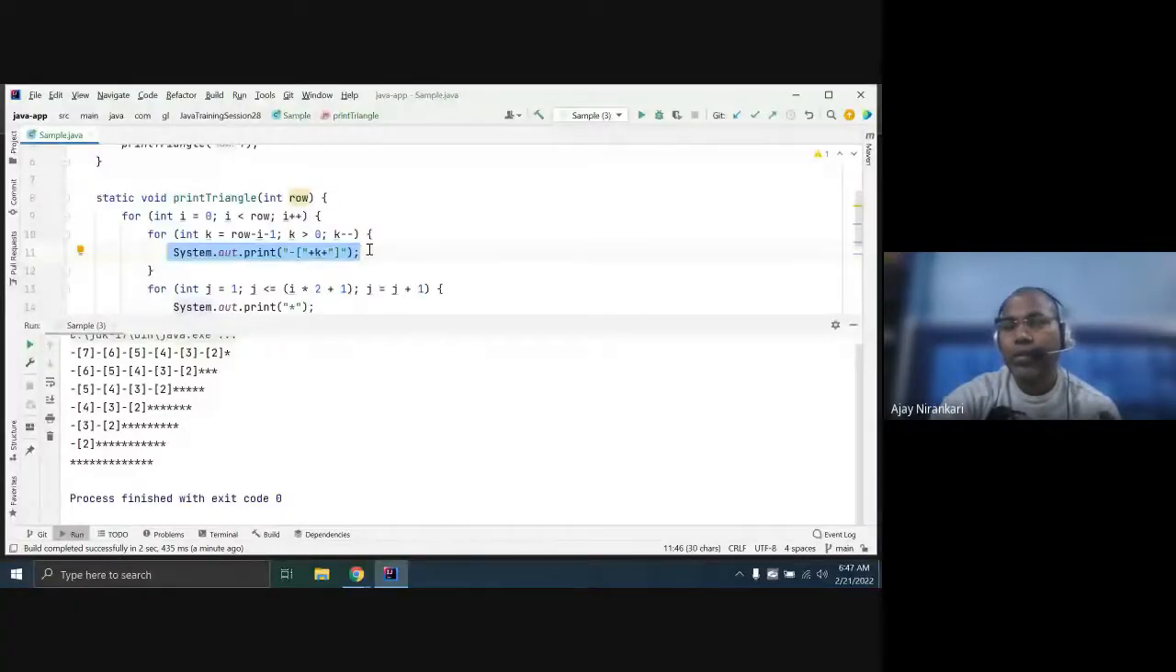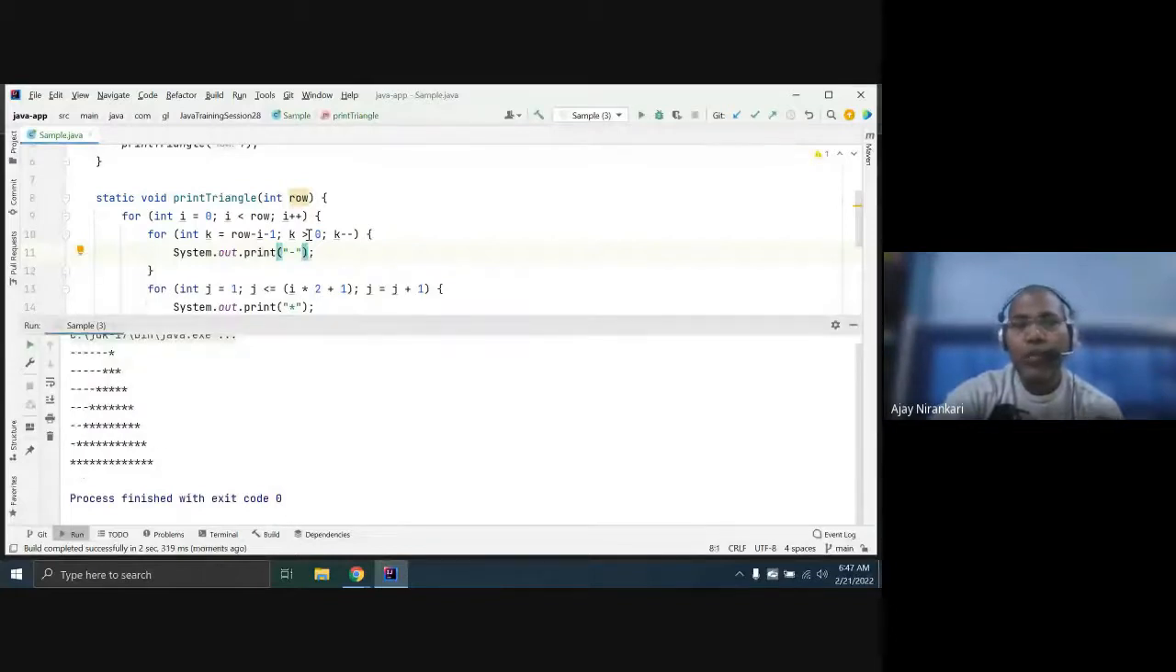Are you getting my point? What I'm trying to say is that our intention was for the last row. I don't want to run this code. If you do not do it, then in the case of the last row, let's assume